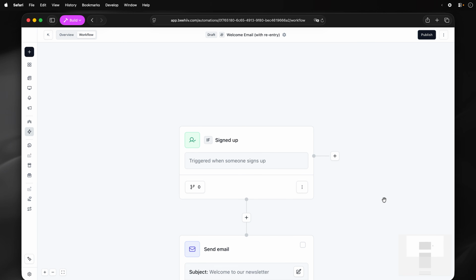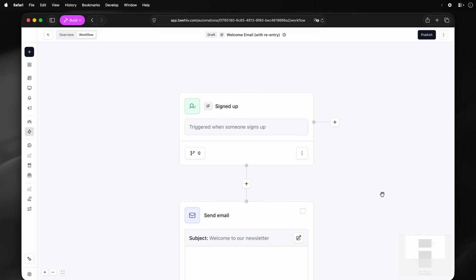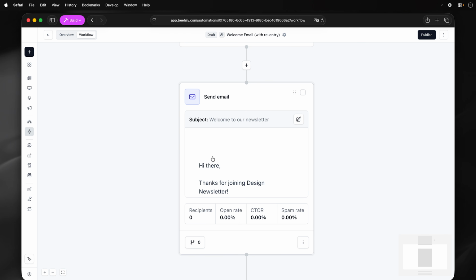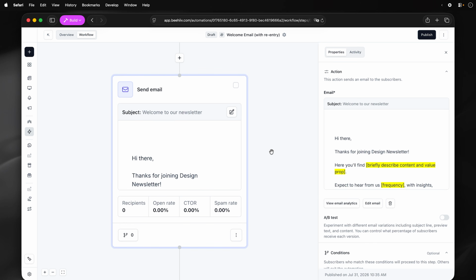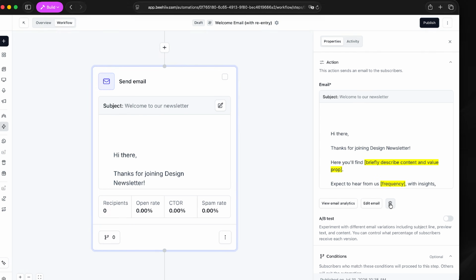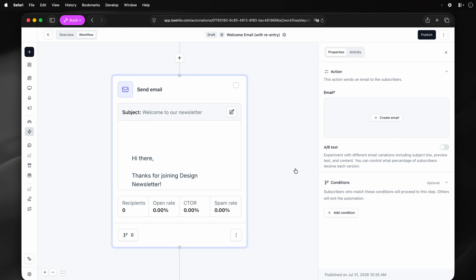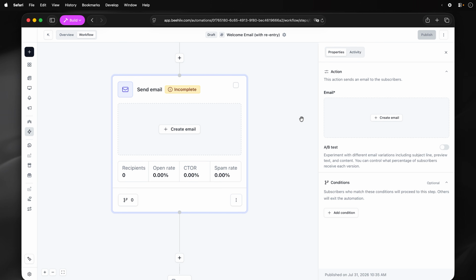And then here I have my welcome email with re-entry. And then I've got a newsletter already added here. I want to remove this one, so I'm just going to select this over here, and then I'm going to go here and delete this email. And the reason for that is I want to add my own email. So here I can say create email,